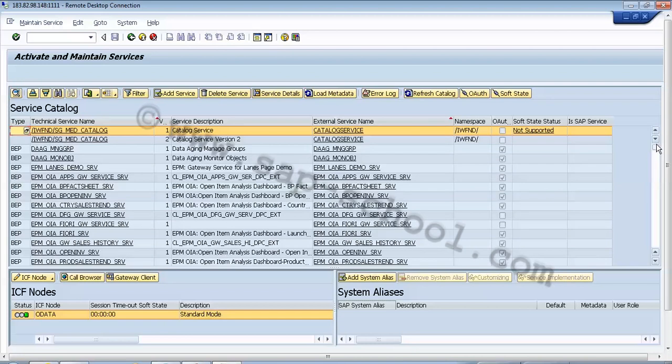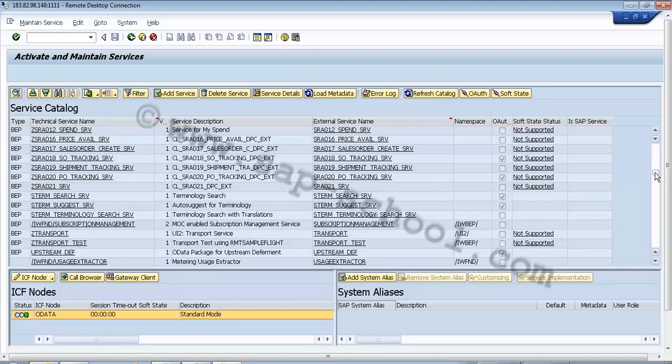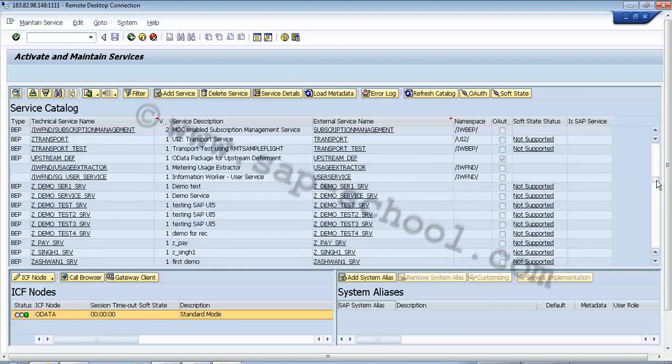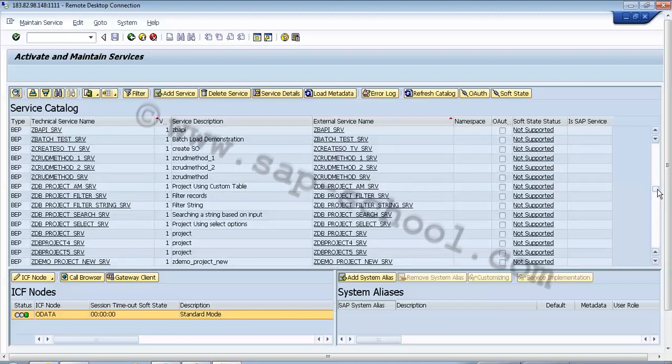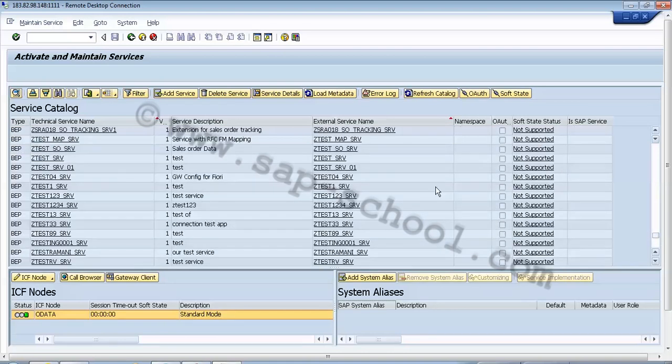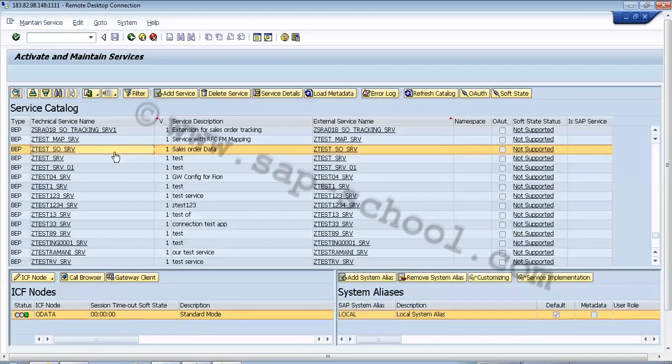Now once we are done with this, after that we have to specify the language setting. This is the step after doing the configuration of my SAP NetWeaver Gateway. I have to specify the settings for supported languages in the SAP NetWeaver Gateway system.